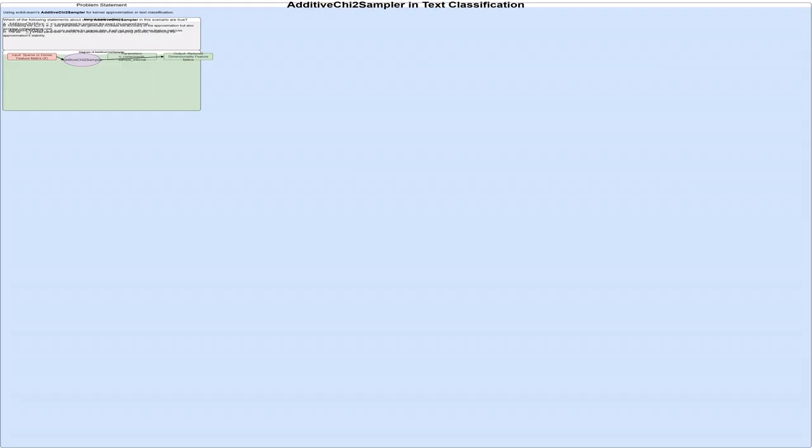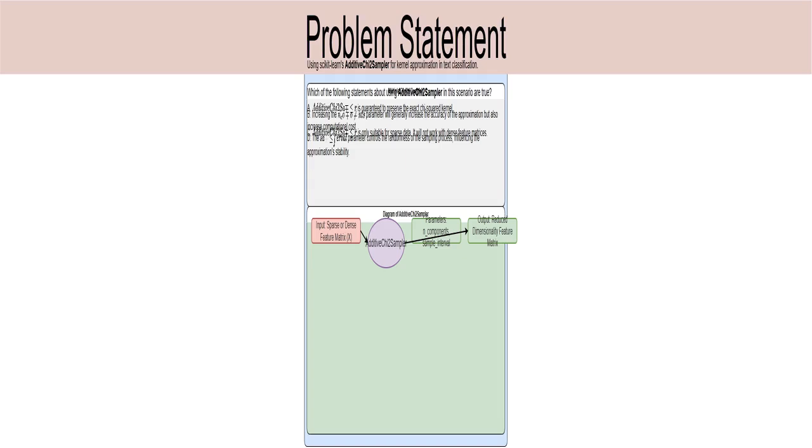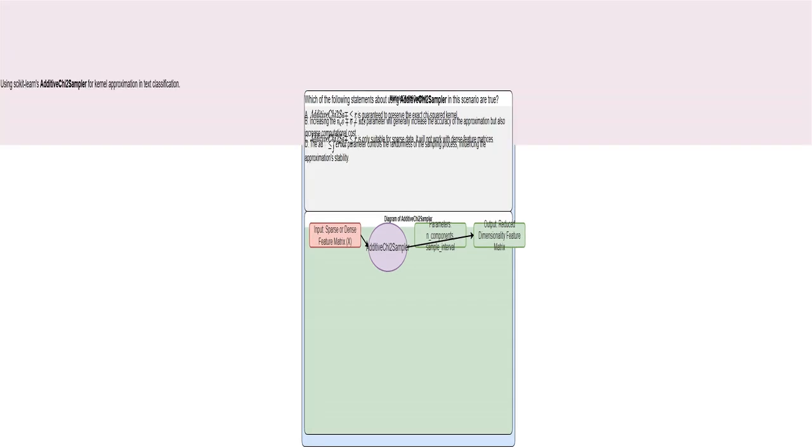I'm using scikit-learn's AdditiveChi2Sampler, a tool that helps me cleverly shrink large datasets while keeping important information intact. It's perfect for text classification where I have a huge number of words. The core challenge is to use AdditiveChi2Sampler to effectively reduce the size of my word frequency data for faster processing while preserving the key relationships between words. Imagine I have a giant table showing how often each word appears in a bunch of documents. AdditiveChi2Sampler helps me summarize this table, making it smaller and easier to work with without losing the essence of the